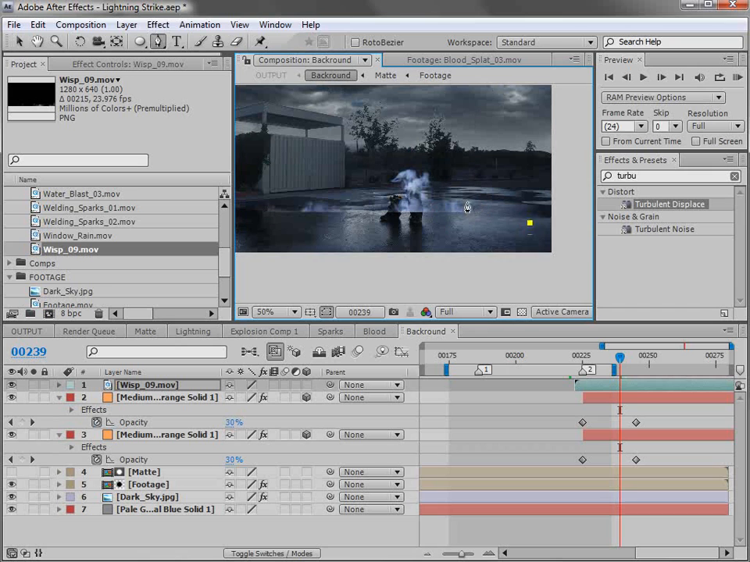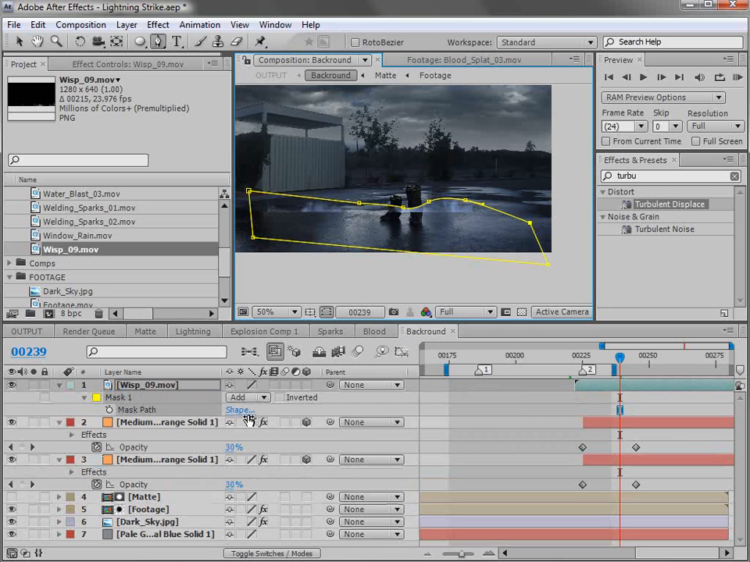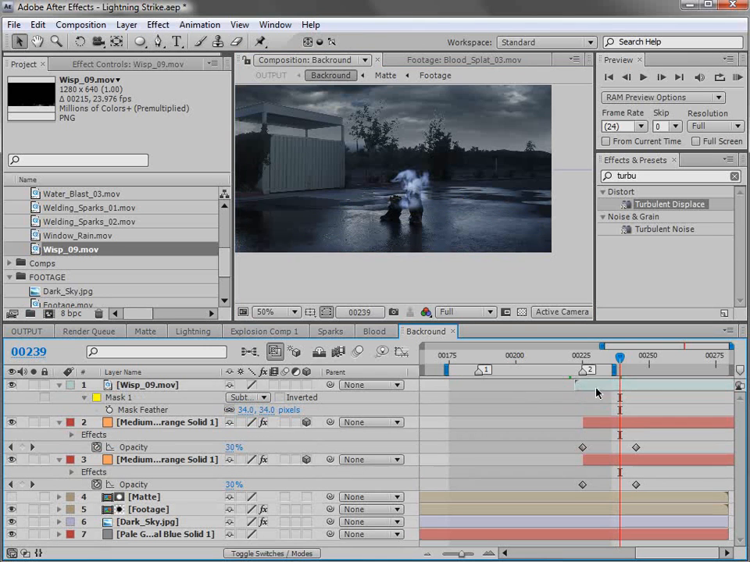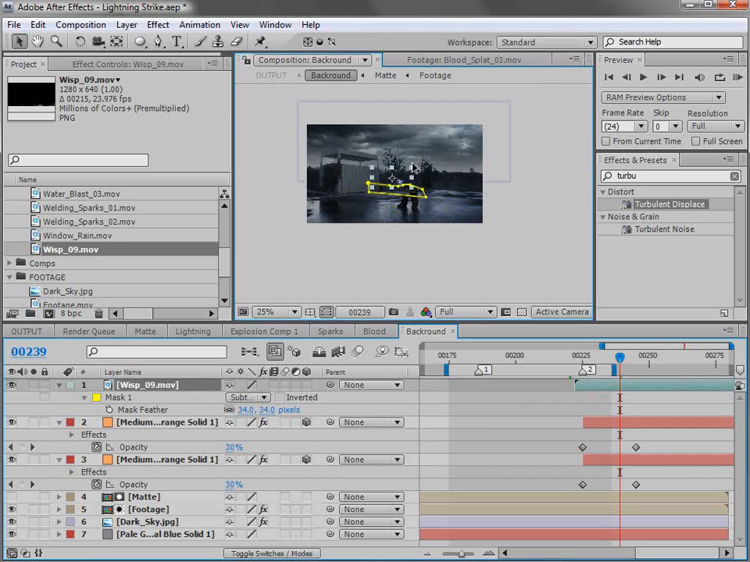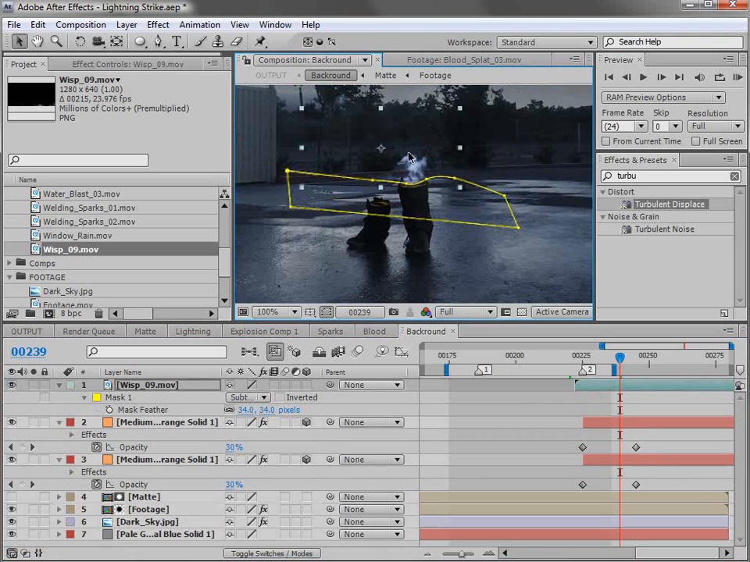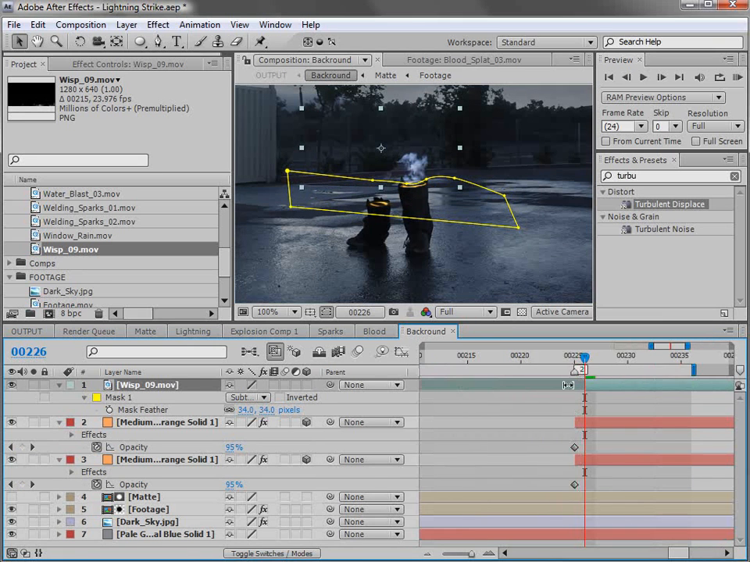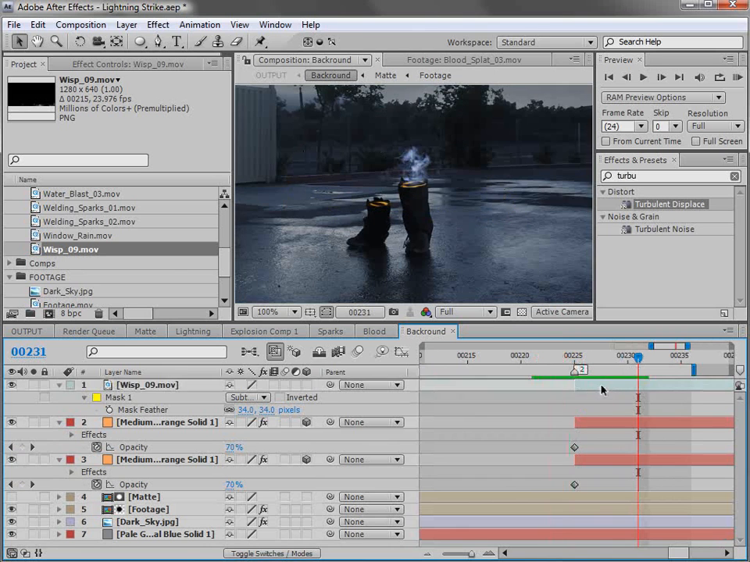Again, we're going to get rid of this hard edge by just creating a mask. And we're going to set it to subtract and then feather it out. And then we'll scale this element down. Just line it up here. And it can just kind of pop on because with all the flashing you won't really see what's going on,